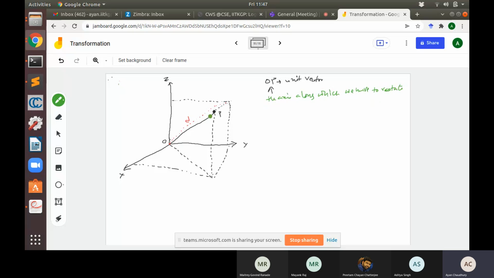That means we are trying to coincide OP with one of the known coordinate axes. In our case, we transform OP so that it coincides with the z-axis, and then we do our required rotation and then undo everything. Let's say this angle is alpha with the z-axis,